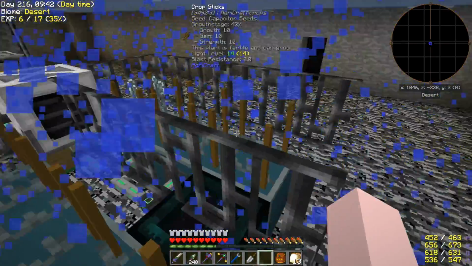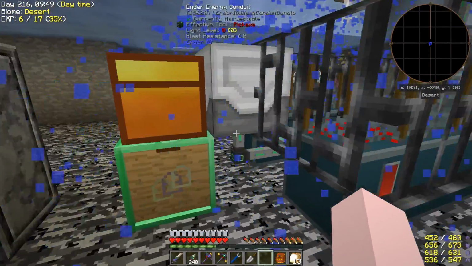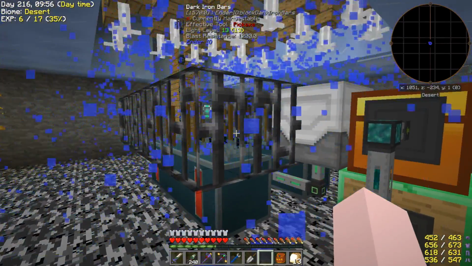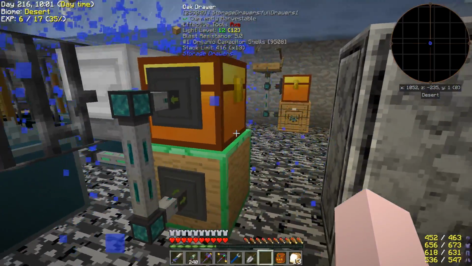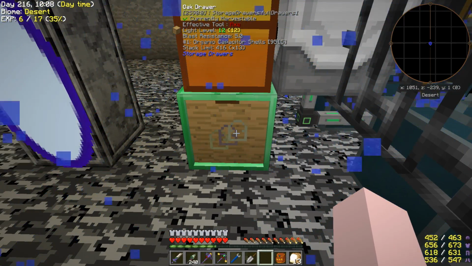It's mostly the same, but I've now got 2 rows of them, and I've got a harvester in between. Now notice the harvester is taking one of the bar slots. So I had to put bars on the end over here. And it's feeding from the harvester into the chest, and the chest is feeding the, what do you call those,